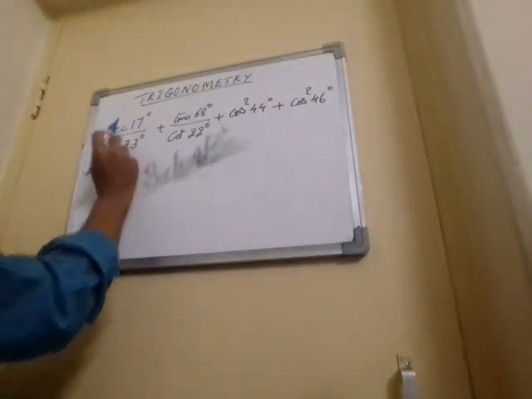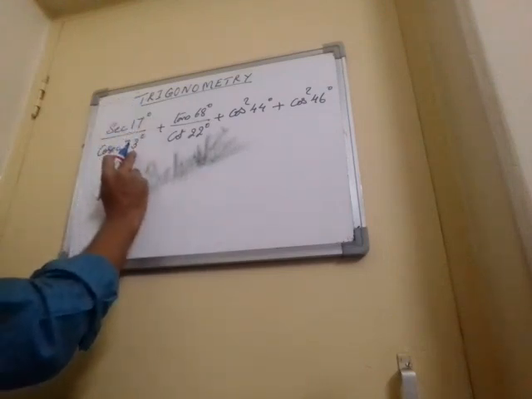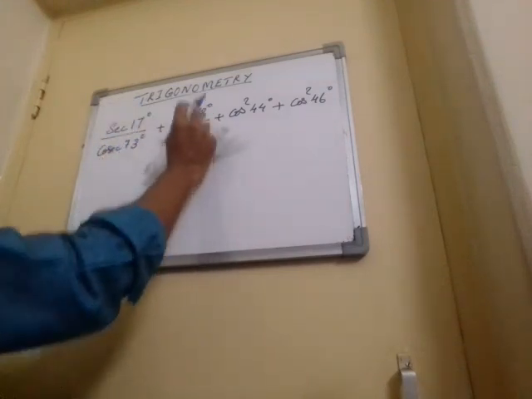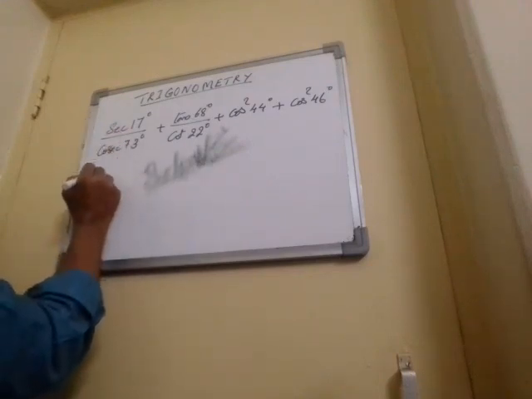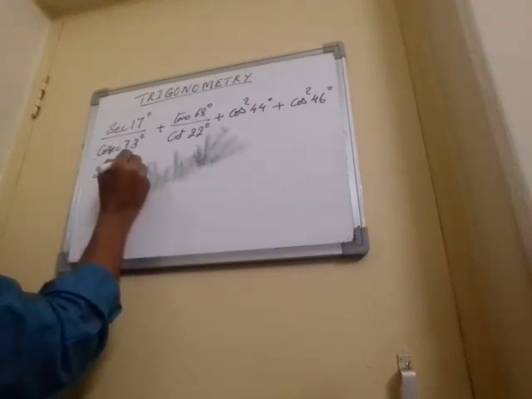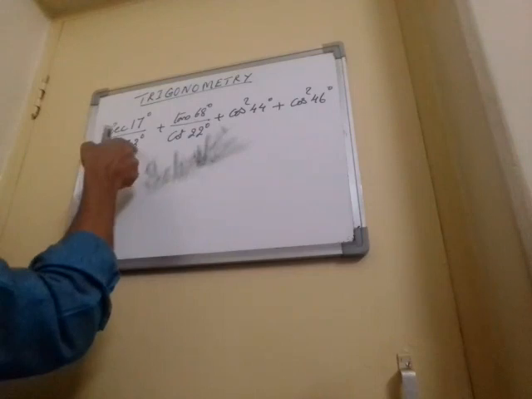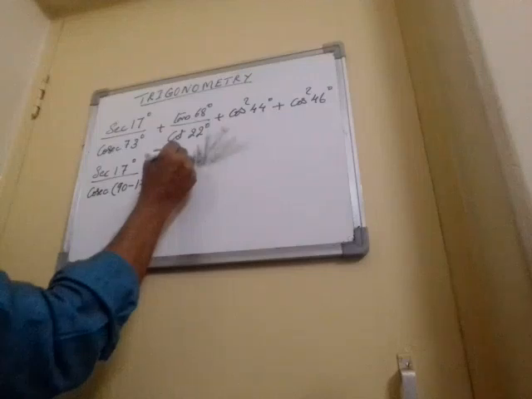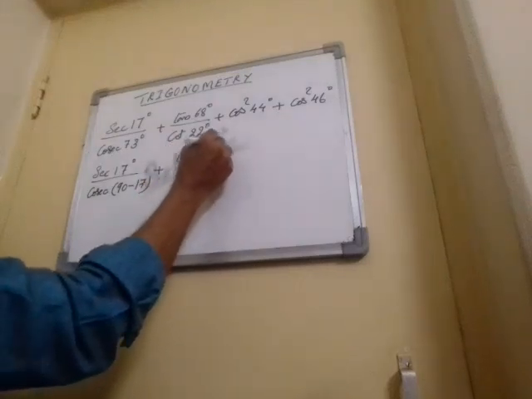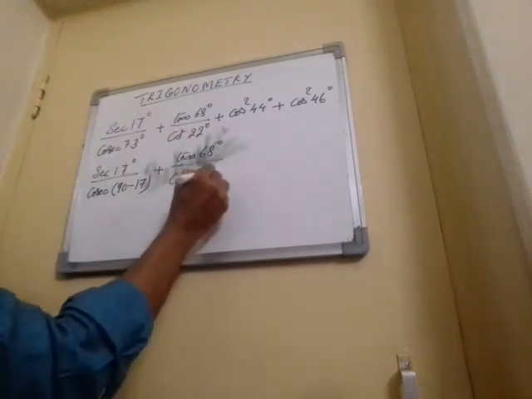So here we have two functions, sec and cosec. 17 plus 73 we get 90, 68 and 22 when we add we get 90, and in these two terms 44 and 46 the sum is 90. So here the sec 17 I am not changing, but the 73 we can write as 90 minus 17. Plus tan 68 I am not changing, but in the denominator, the function is cot, and the angle I am changing to 90 minus 68.